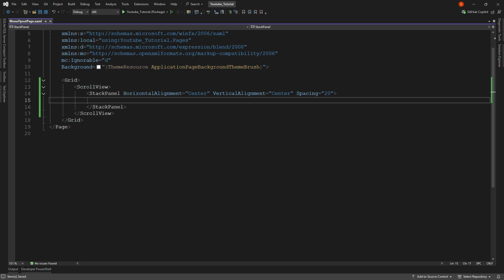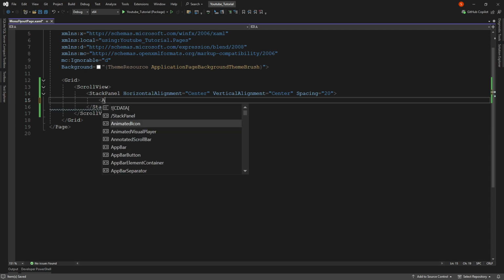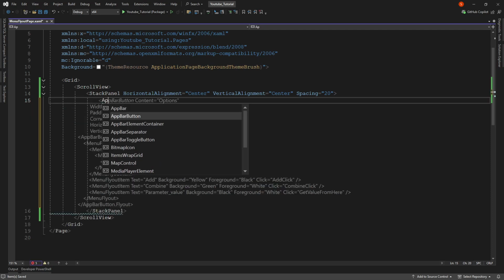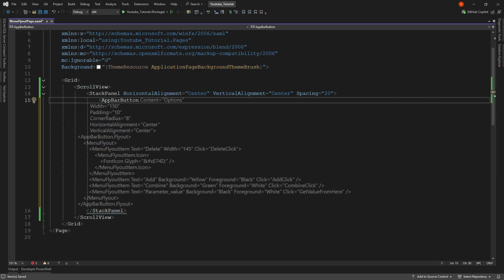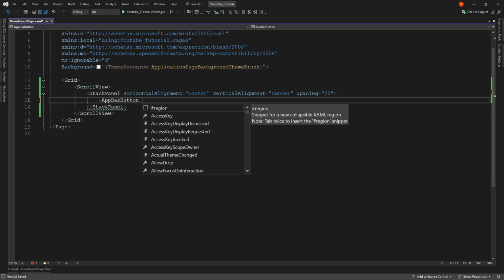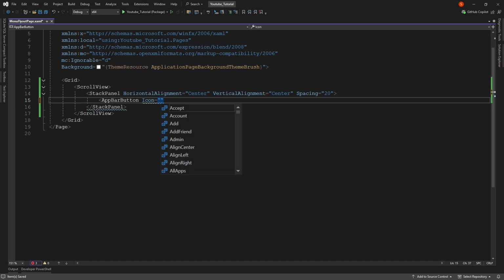Now we start. The first one, I will create a menu flyout, the child of the app bar button. App bar button, and I don't need content, I just use icon. For the icon, I could set sort. Okay.